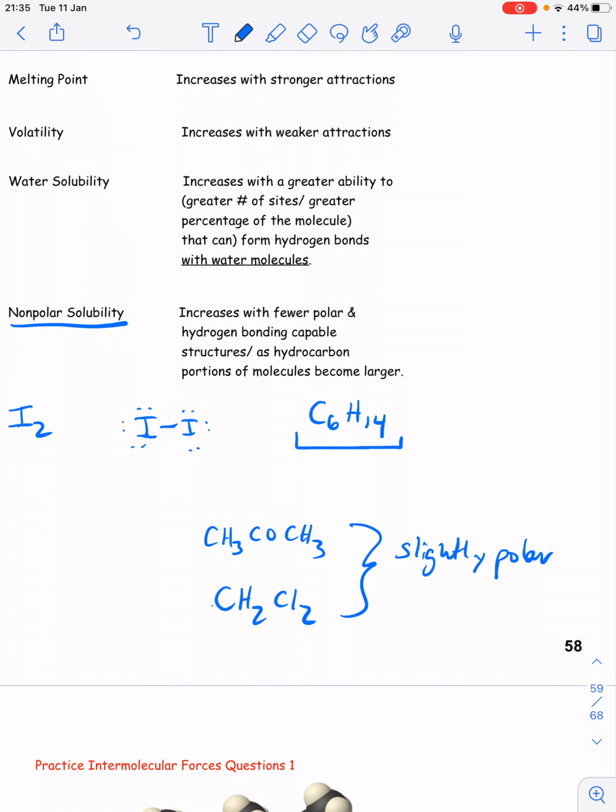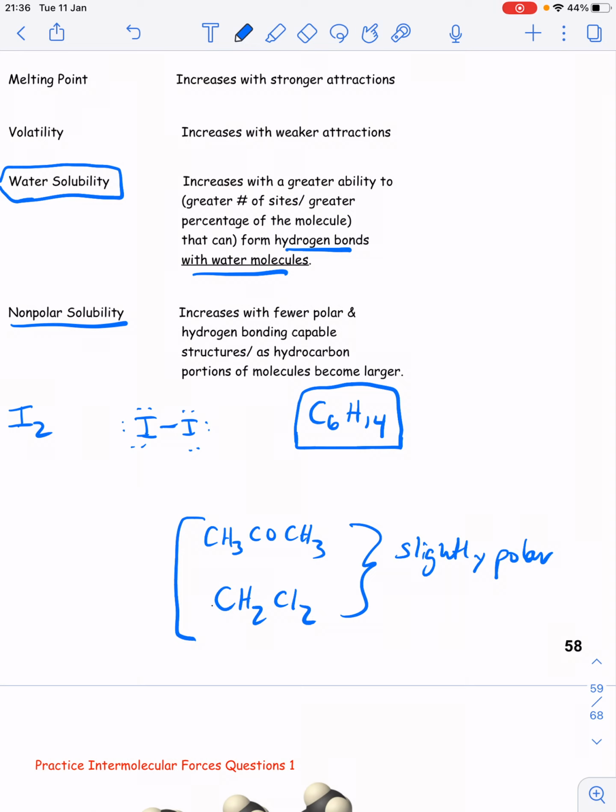So solubility, really there's a whole continuum of solubility. So water solubility is one simple category where you're looking for hydrogen bonding with water molecules. Nonpolar solubility is sort of on the other end of the spectrum, looking for things that are largely hydrocarbon based that will mix well with other things that are fully nonpolar. And then you've got sort of these solvents, these various shades of gray in the middle, things that have slightly